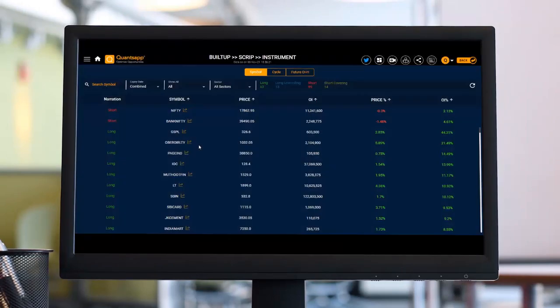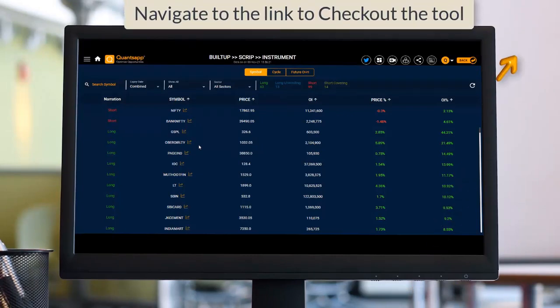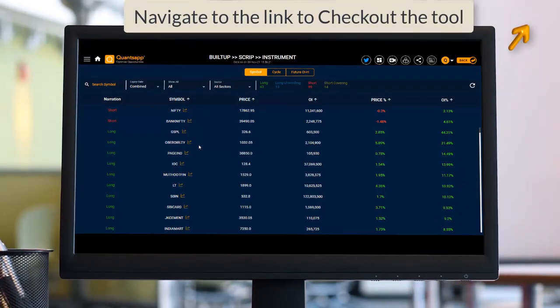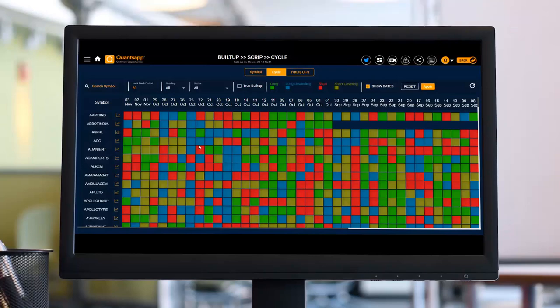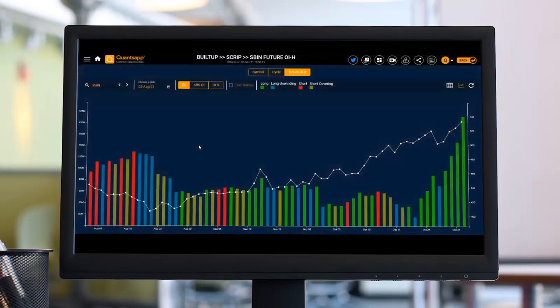So to sum it up very quickly, with the built up tool we can start our day by forming a bias on the market using the market breadth and the general checkup of the market in symbol. We can use the cycle, try some other scans and find the stocks which have strong strength along with them. And we can compare the quantum of a very large data in future OIH. So in a single tool, everything from finding a bias to finding an opportunity and further analyzing gets fixed over here, and also use the true built up along with it to know the actual built up.